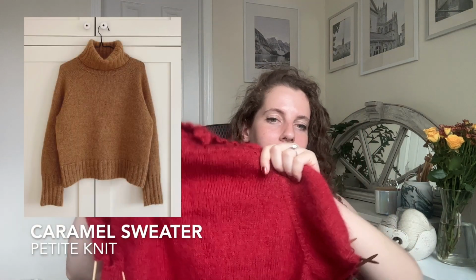The next project I want to mention is another one that I had started back in the winter and did not have the chance to finish. This one I had to hibernate because I didn't exactly run out of yarn, but I highly suspected that I would run out of yarn, and I wanted to retain some yarn to be able to do some blending and try out helical knitting, and so I decided to put it on hold until the fall when I place my big yarn order. So this is the Caramel Sweater by Petite Knit, and it's a pretty simple